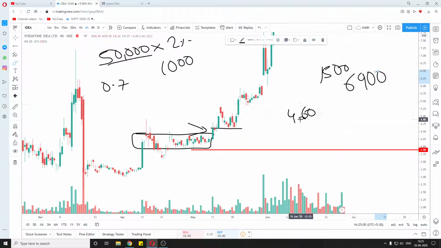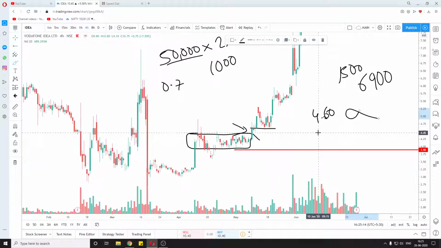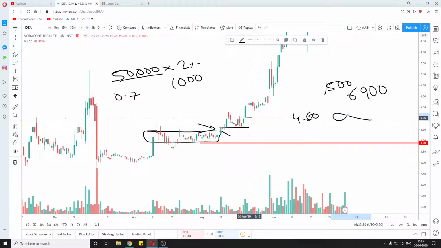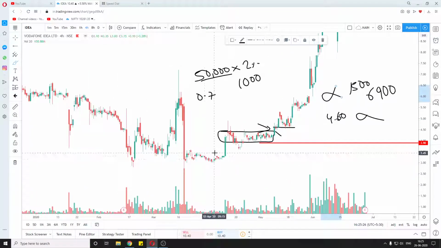If you are buying anything more than that, then most likely you will lose the trade, because if the market comes down, you will panic and exit a winning trade. That is why more capital is recommended, and people with smaller capital should not do intraday trading, because there is not enough profit margin. We need big capital.